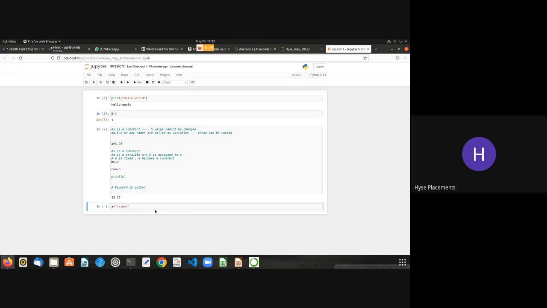Okay, A is equal to Rajesh. I've given it here, and if I print A, the A value is assigned with the constant Rajesh, and Rajesh is a string, and a string is a collection of characters. See, print A. So when I print A, it automatically gives Rajesh. And if I use B as Naveen, and print it,